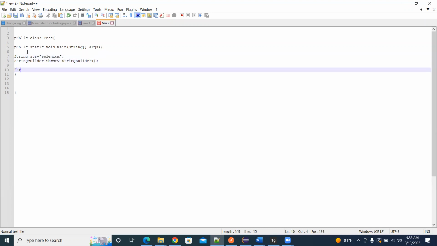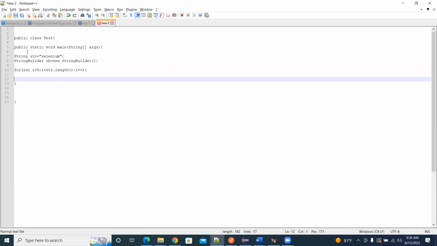Use the for loop: for int i equal to 0, it will start with 0, i less than str.length. The length method you have to use, and i++. Always, because this is also a kind of character array, right? String is a character array, so you iterate it. And use the sb.append method. Append method you can use, and str.charAt of